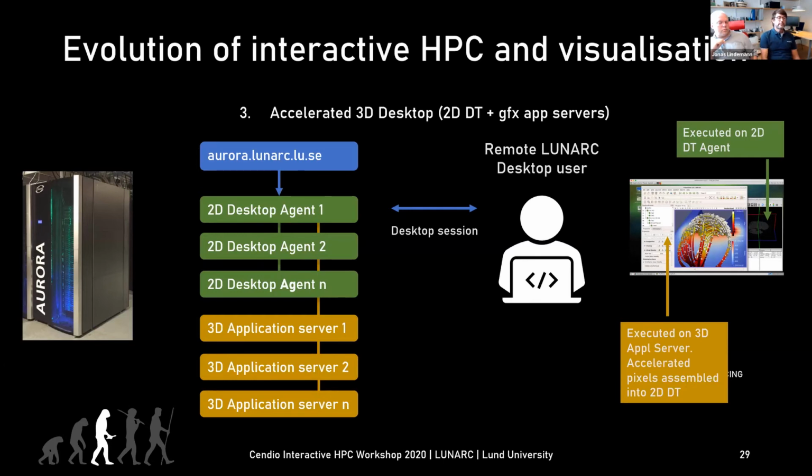So for instance, if an application has high demand for RAM or fast CPU cores or specific accelerator cards, an application server is chosen that has those features for the specific app. And as said before, the output with the accelerated pixels are assembled into the 2D desktop and sent through to the user.